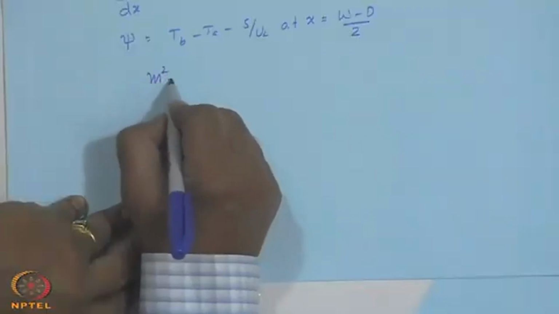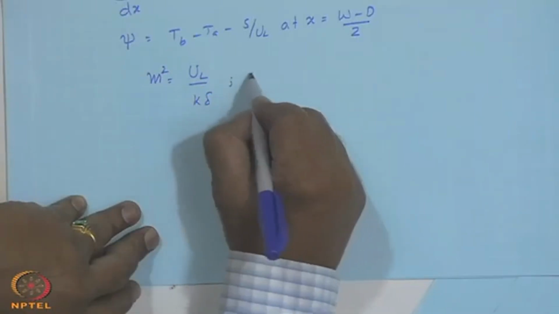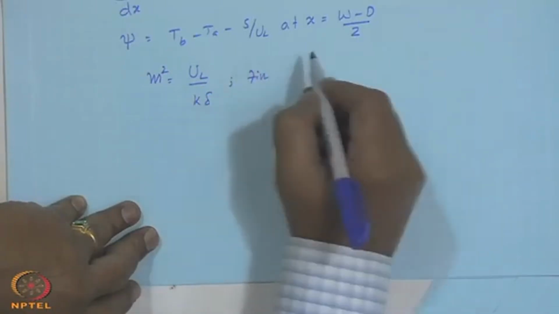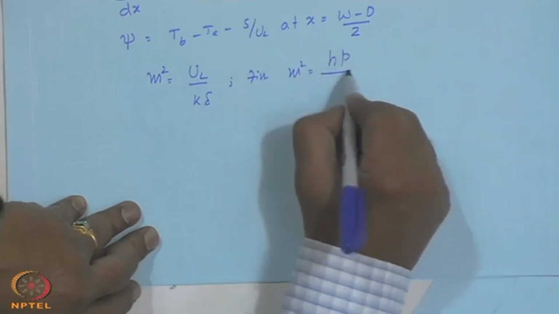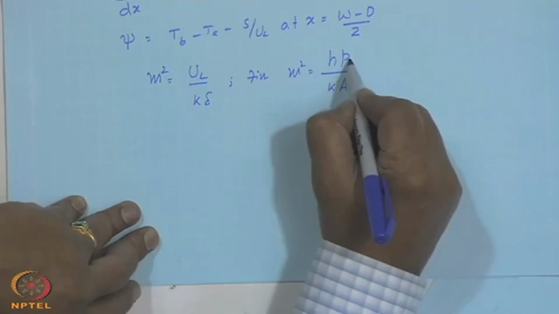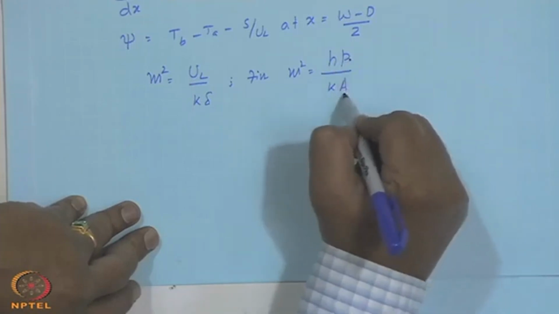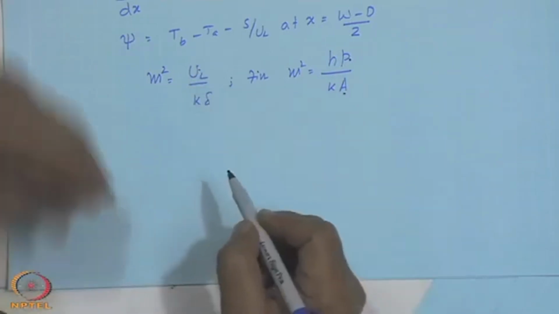Okay? And you can see that m squared is U L upon k delta, and in the fin case m squared is h into p upon k a. So, you have a length dimension extra here and another length dimension extra here. Instead of that, you will have U L by k delta in this case. Otherwise, it is nothing but the fin equation. We will try to get the solution in the next lecture, and until then,